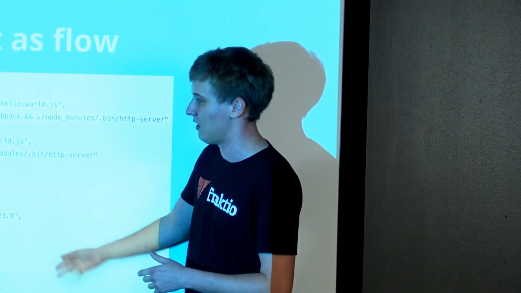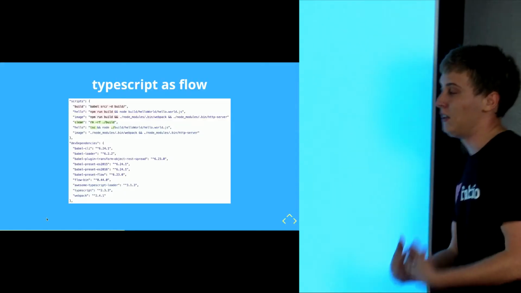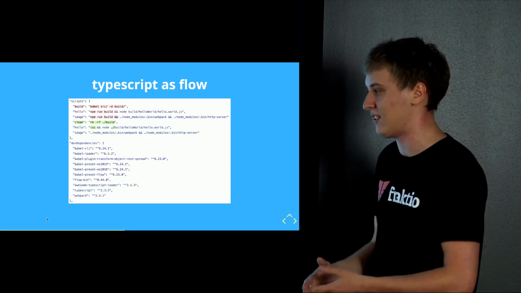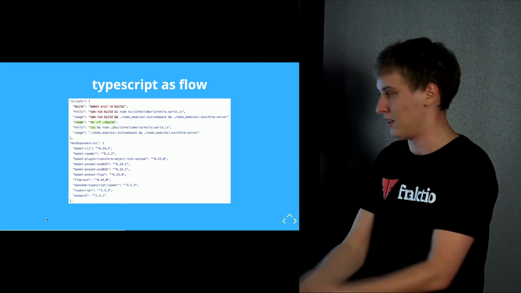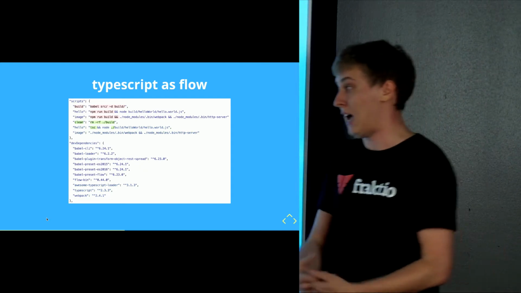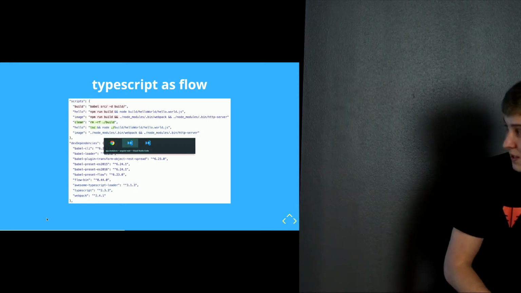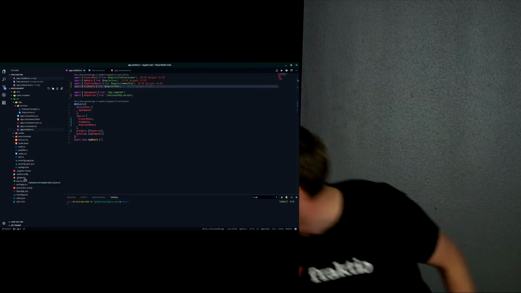amount of packages that you need for Flow, because you need to add Babel, you need to configure Babel. There's Webpack for production, for development, and there's different edge cases that you need to handle. With TypeScript, you need Webpack, obviously, for both cases. You need TypeScript and also the TypeScript loader for Webpack. And then there is a TSC config that I'm going to show you here that is very easy to manipulate to get the result that you want.